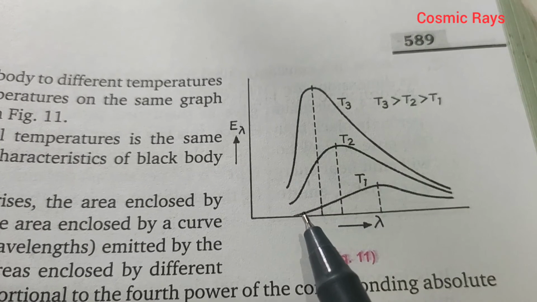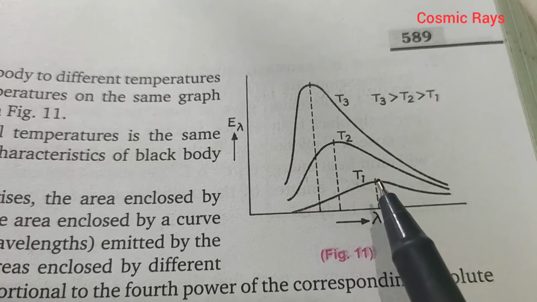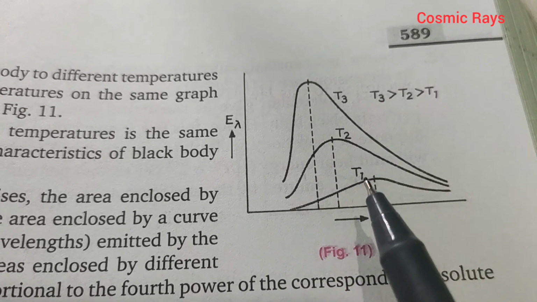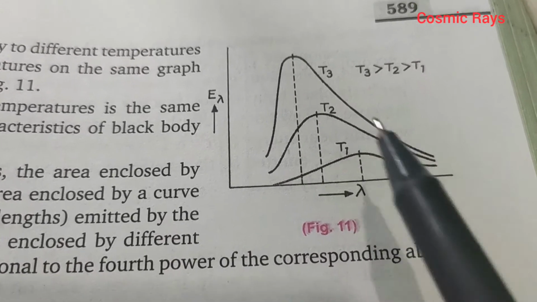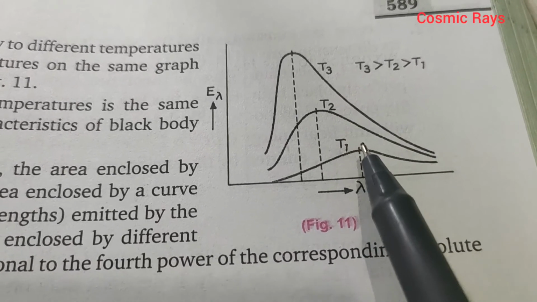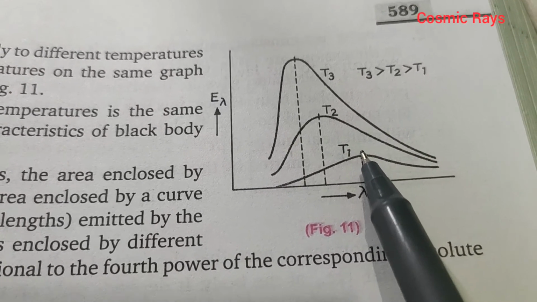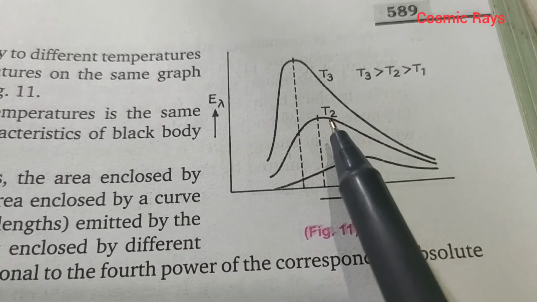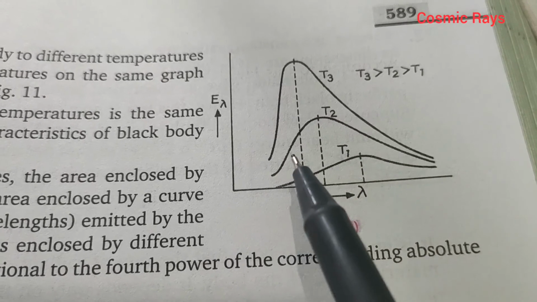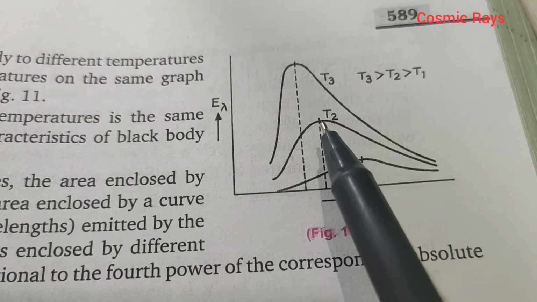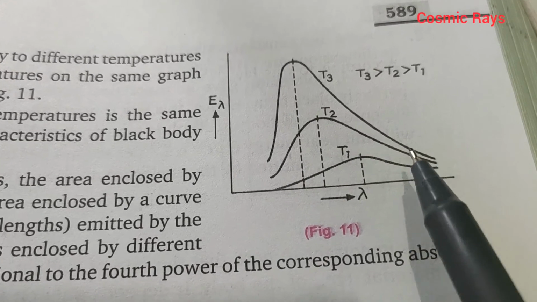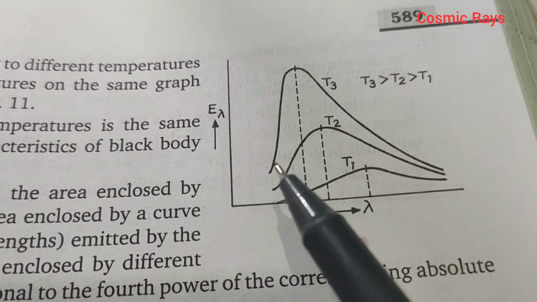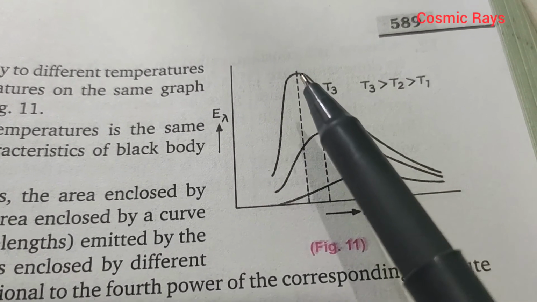Initially in the curve there is a rise and then it falls. So this was the graph for the temperature T1, and we find that at this particular temperature, T1, the peak is at this point. Now for the second temperature T2, again the phenomenon is the same. First it rises, reaches the peak and then comes down. Then finally for the highest temperature, T3, there is a huge rise, it reaches the peak, and then there is a downfall.